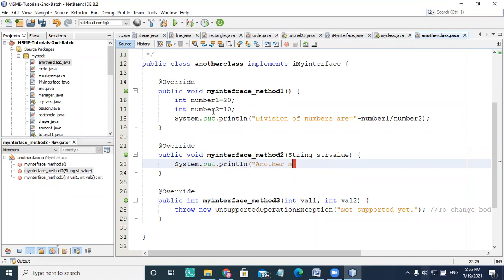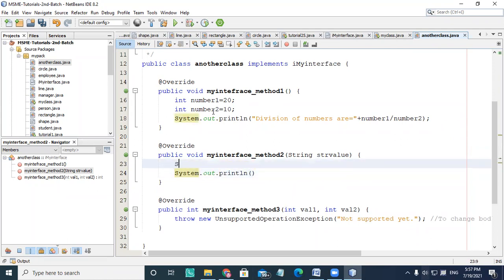I simply write some first name here, string firstName equal to a name, and I'm going to use this first name plus space, and then the other value.